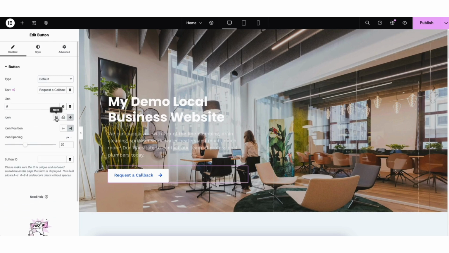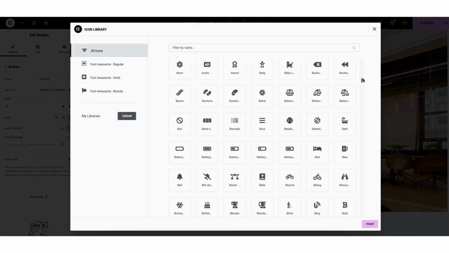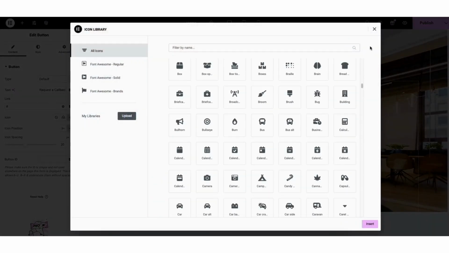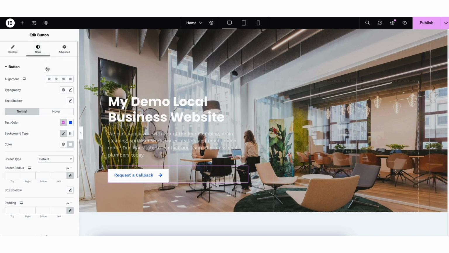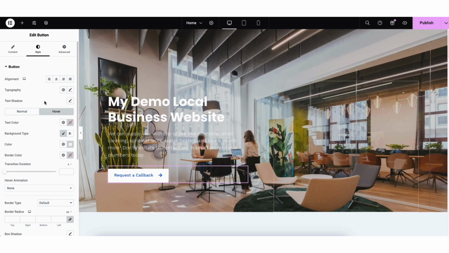Where you see icon, you can select to not have an icon with the button. Where it says upload SVG, you can upload an icon. If you click icon library, you can view icons you can add to the button. You can change the positioning of the icon and more. If you click style, you can make changes to the fonts used and colors for the button. If you click hover, this is where you can make edits to the font and colors on the button hover.